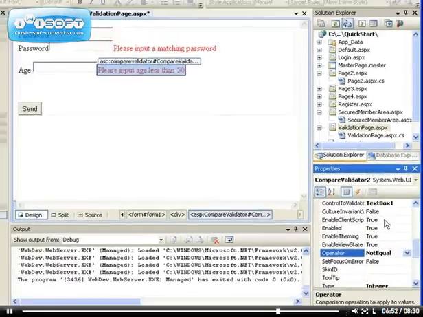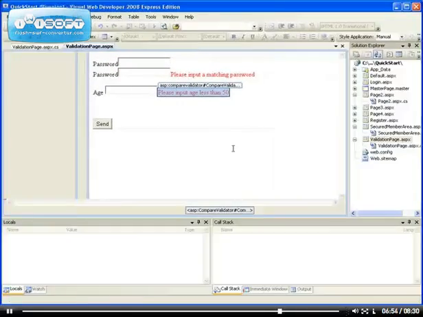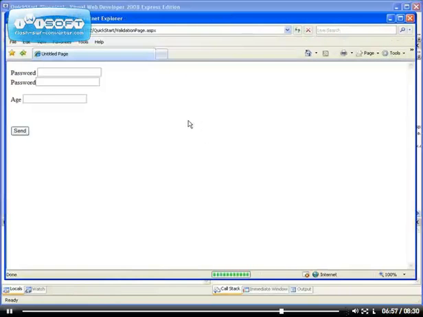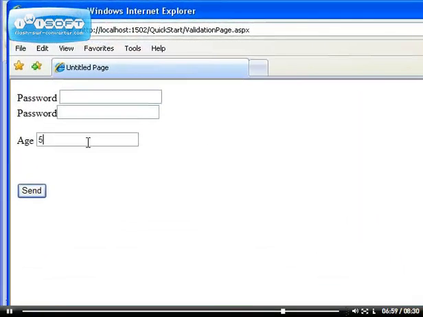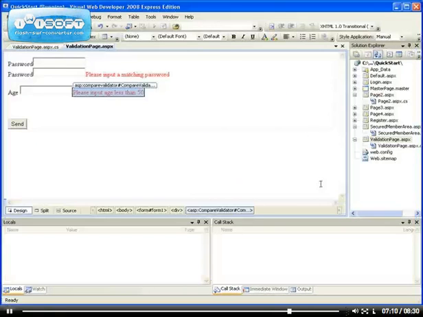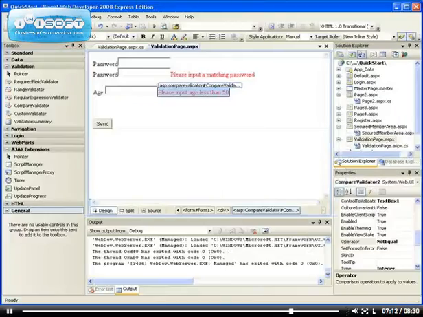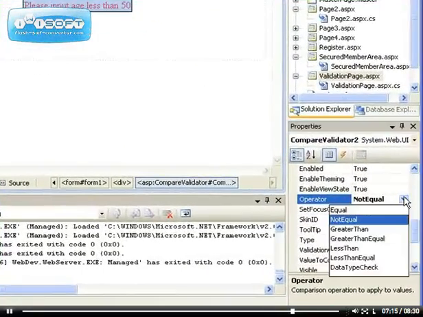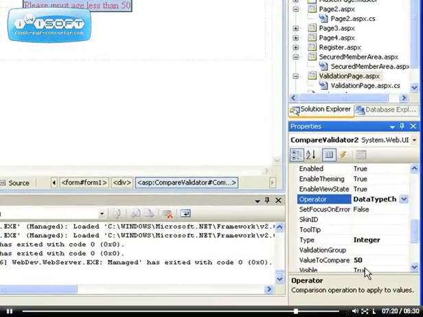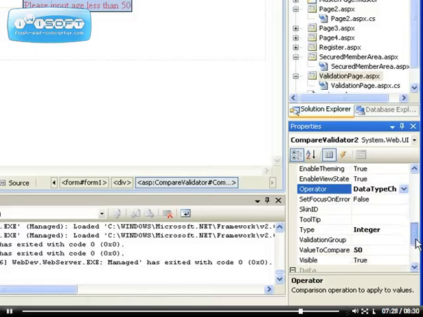So let's try that. If I enter 50, I get an error because I'm checking for not equal. If I type 51, I'm not going to get an error because it's not equal to 50. So you can do a lot of cool stuff with this one. The data type check is the cool one. You can do a data type check and value to compare to make sure that